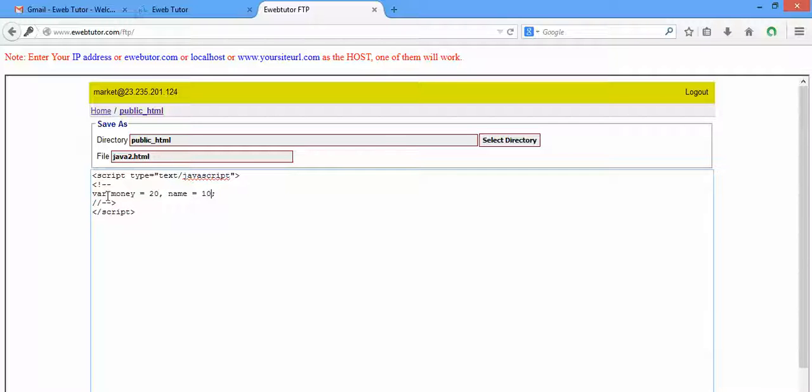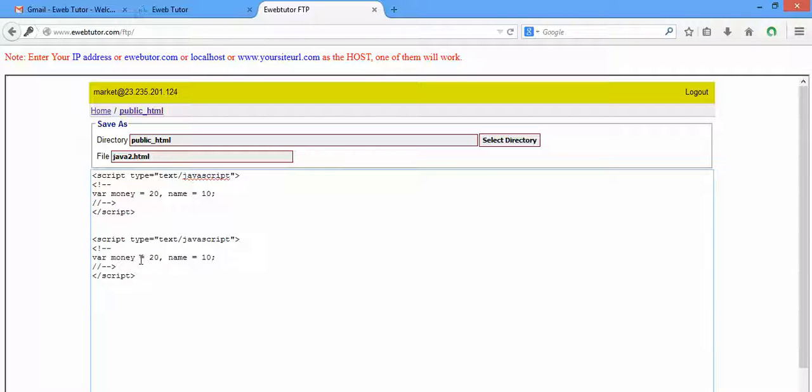So initialization, you can initialize a variable at the point of creation. Right now you are creating this variable money, you are just creating this money. That's why you say var money. So you are initializing it in the course of the creation. But another way you can initialize a variable is after you have created the variable. Example is this: